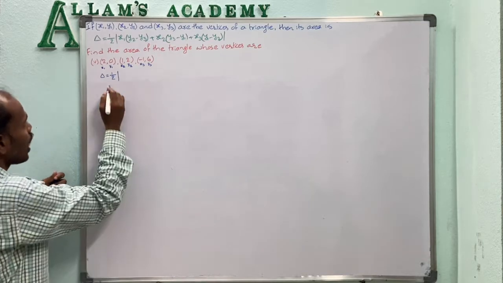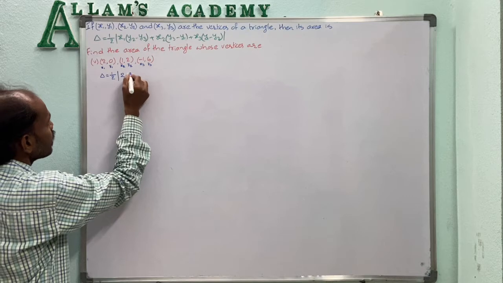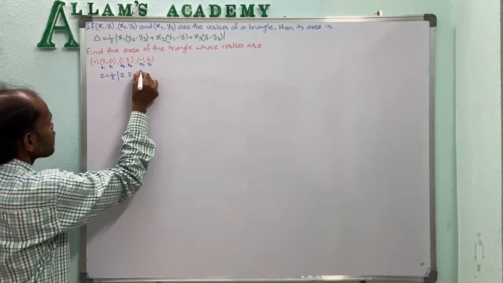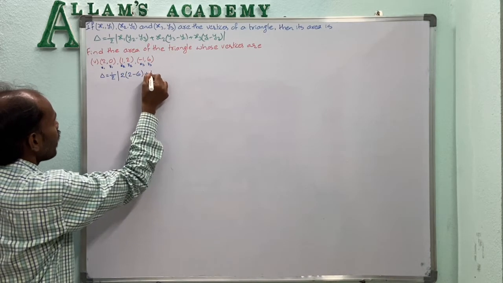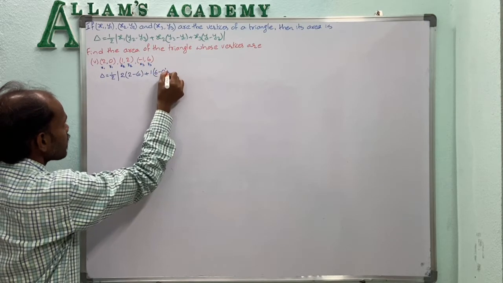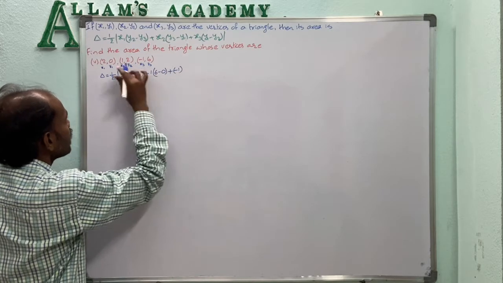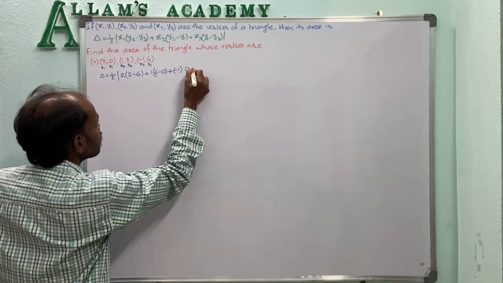So that equals half mod 2 into (y2 minus y3) 2 minus 6 plus 1 into (y3 minus y1) 6 minus 0 plus (x3) minus 1 into (y1 minus y2) 0 minus 2,